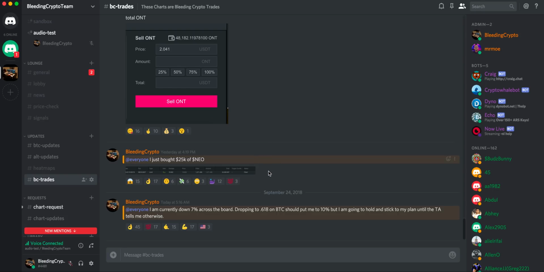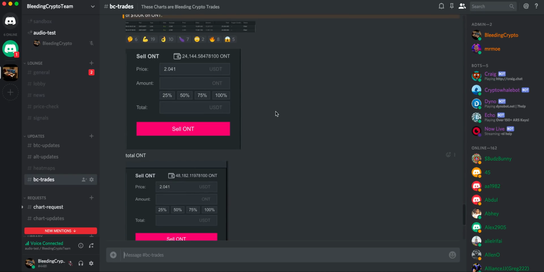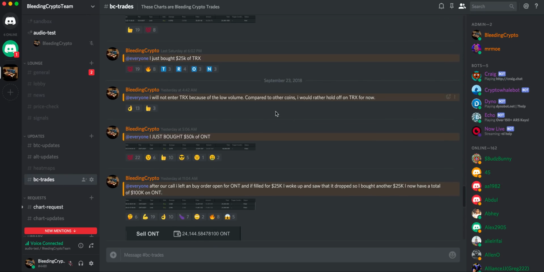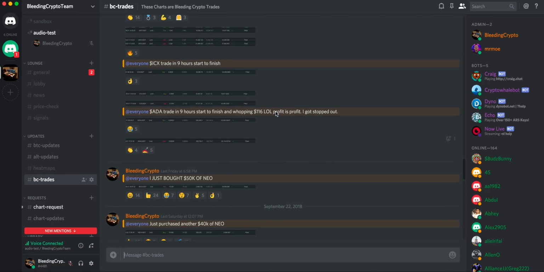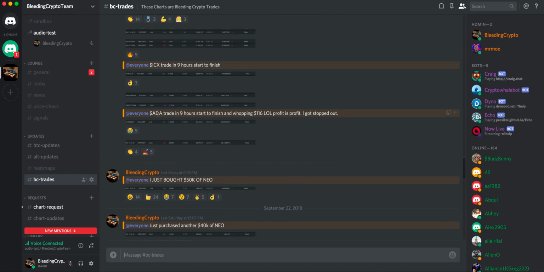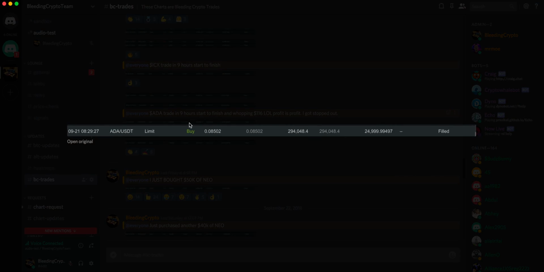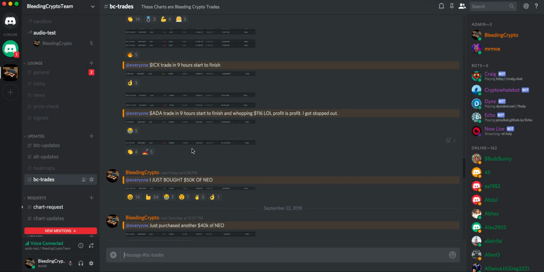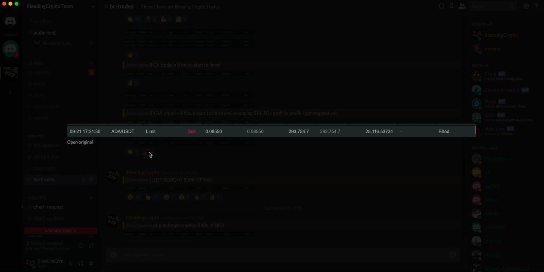So what I do is I like having full transparency, and I'll show you one that's been closed. These are all buys. So I will post when a trade is closed, like for instance this one, ADA, I traded it in 9 hours. So what I do is I post the buy. Here it shows the date and the timestamp, the price that I bought it at, the amount of coins that I bought, and the dollar amount. So this one here was $25,000 worth of ADA. But then I also post when I sold it,